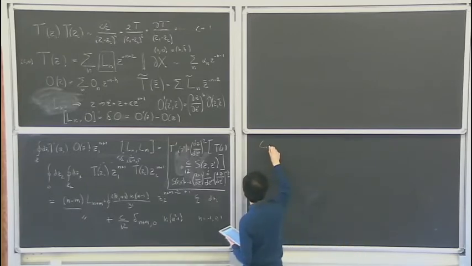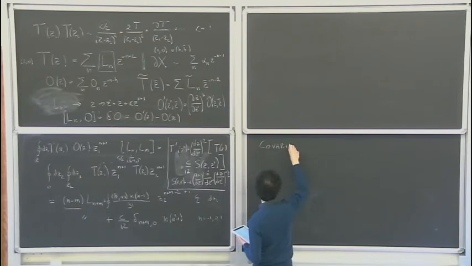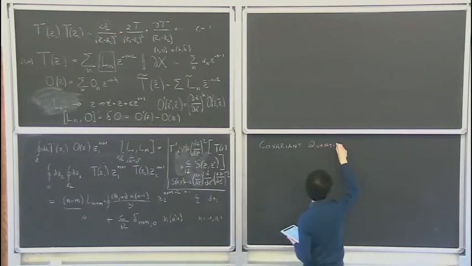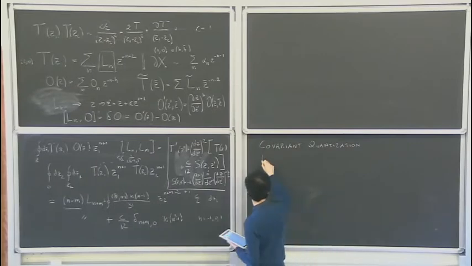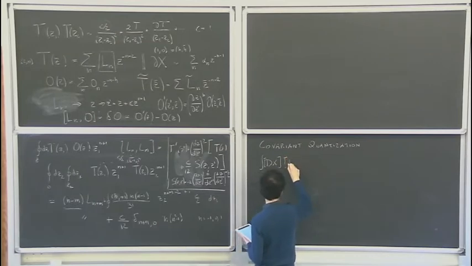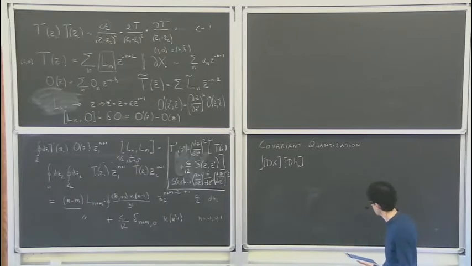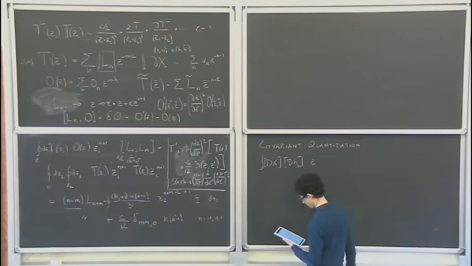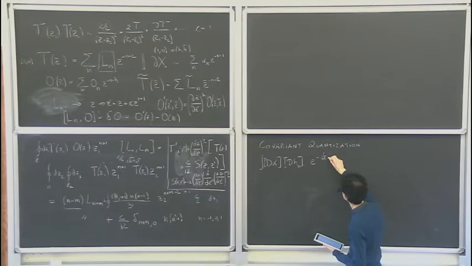So the idea of the covariant quantization is very similar to what you do in gauge theories. What you want to do is to define your quantum theory as a path integral over the Euclidean action, right? And let me write it in terms